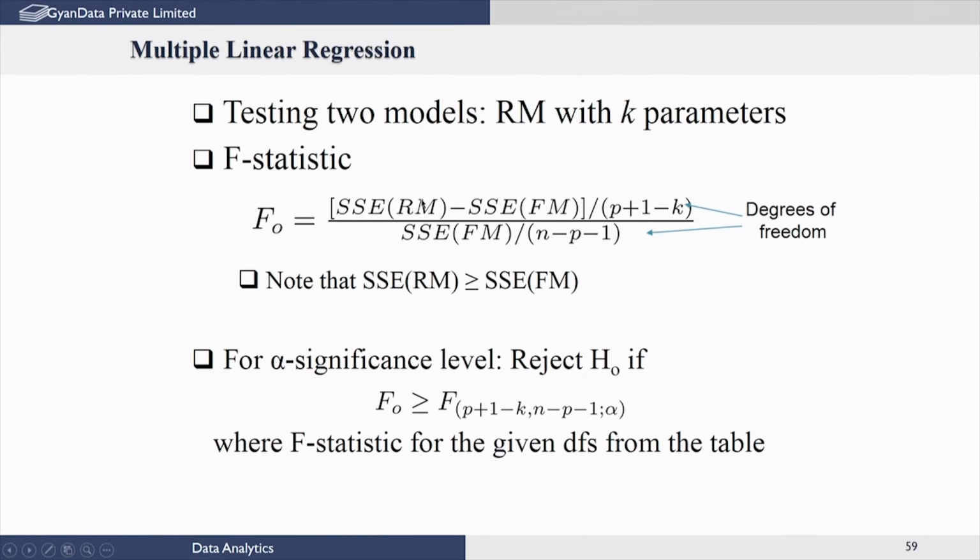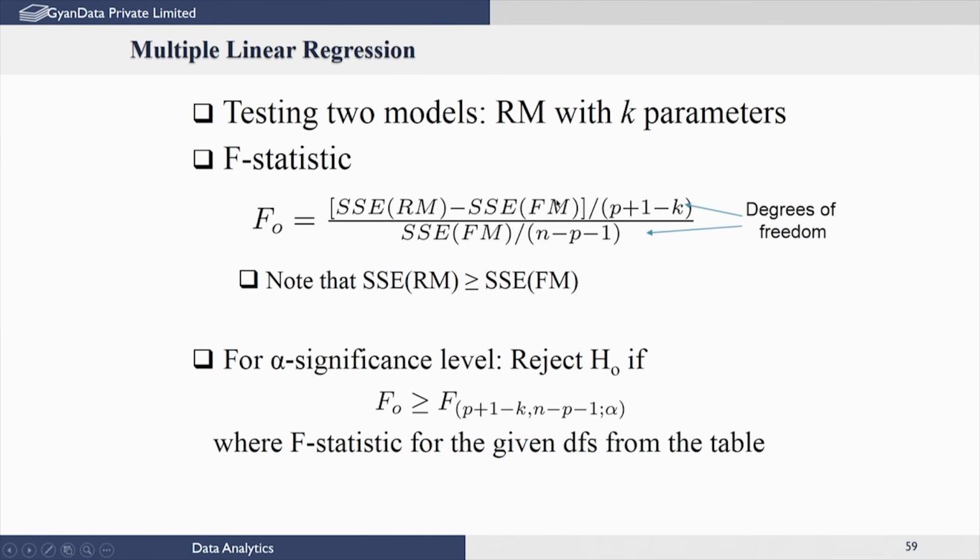In this case, of course, y bar will be the best estimate and we will compute the sum squared errors, which is nothing but the variance of the measurements for the dependent variable. Then we will also perform a linear regression containing all the parameters, the independent variables, and in this case, if we compute the difference between y and y predicted and take the sum squared errors, that is the SSE